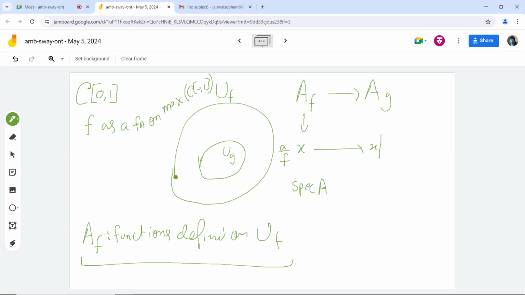Now we don't have primes, because the primes are very complicated, I do not know how they look like, but we restrict to maximal ideals. And if you think of f as a function not on 0 comma 1 but as a function on the maximal ideal,